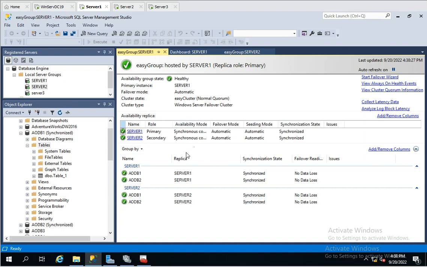Let's expand a little bit. Okay, so we can see everything here. We have two databases on the server 1 and the same two databases on the server 2. So we are good from here. So now let's do a manual failover. So start failover,